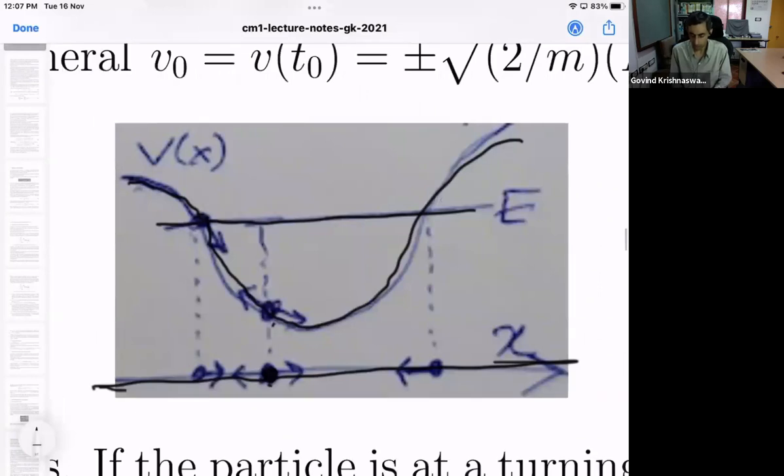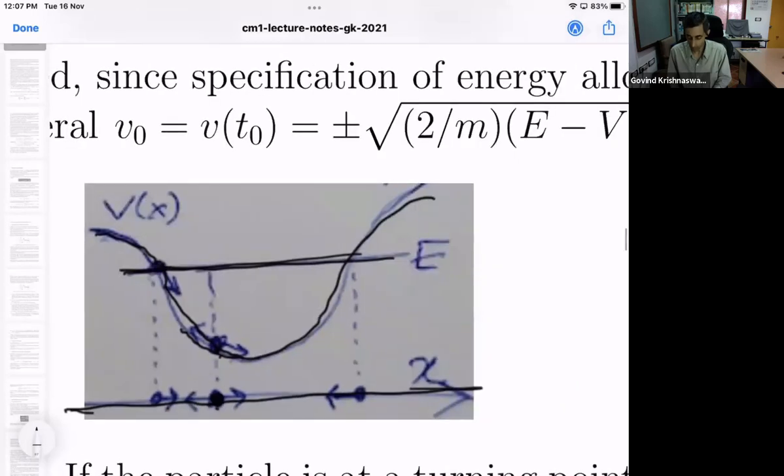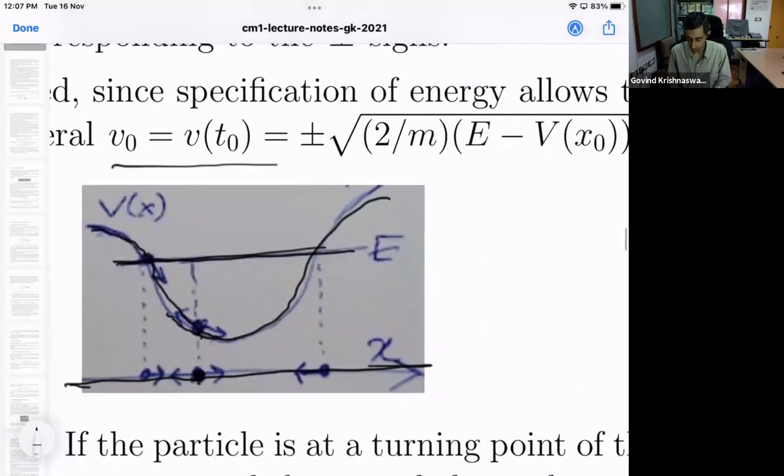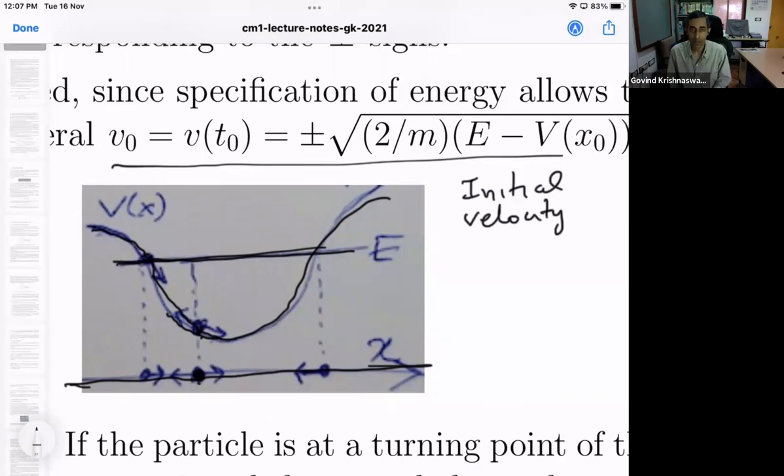I think it is well worth keeping the plus minus over there. They have two distinct physical meanings, which we are just illustrating here. So if the particle's energy is more than the potential at that location, then the particle has kinetic energy, and therefore it has a non-zero initial velocity, which is given by this formula. And the point is that that too has two possible signs, corresponding to the two possibilities of either rightward or leftward movement from that initial location.